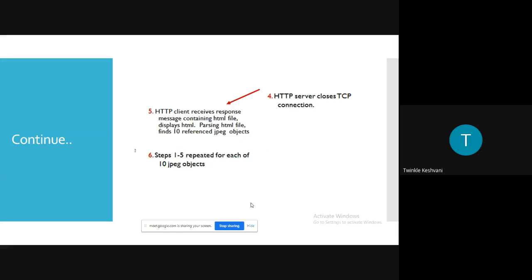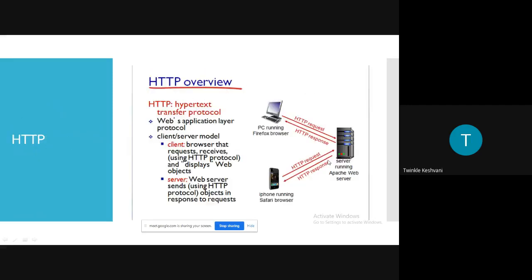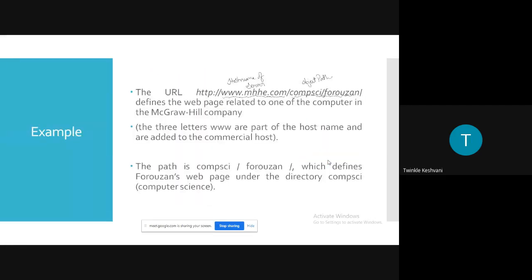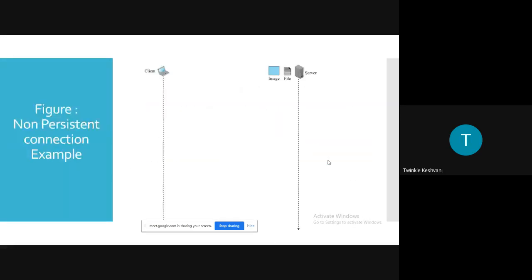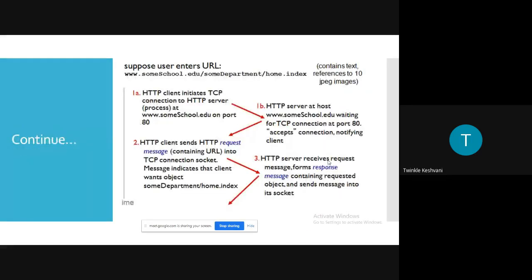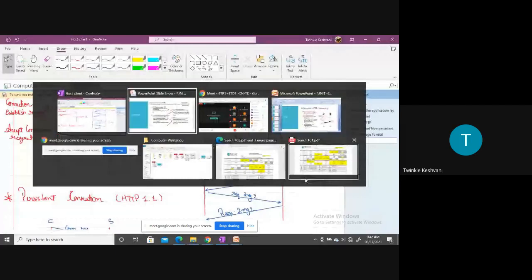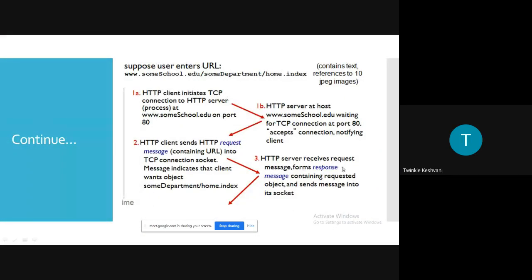Now moving back. For the non-persistent connection, this part we have already discussed earlier, right? If there is one URL, then this portion is referred to as the host name of the server, and this is the path name, or the object path. In this slide we have already discussed it. I have already written host name of the server and object path with the black pen. The same thing is written over here, but in some more detail.